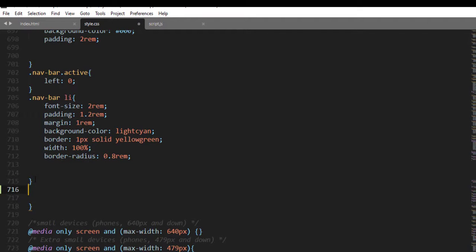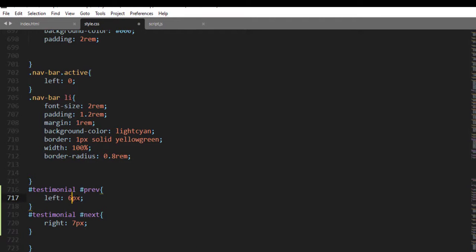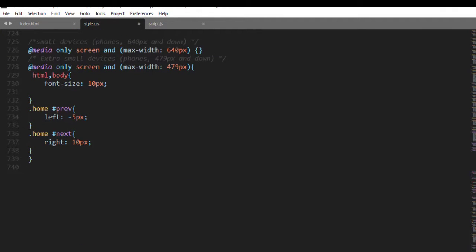So again, for a device having a maximum width of 768 pixels and below, left for the previous button 20 pixels, and the right, let me say 20 pixels, the right button should be placed at minus 20 pixels, and for